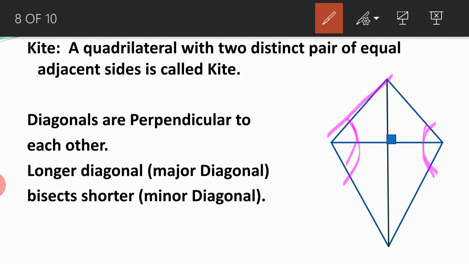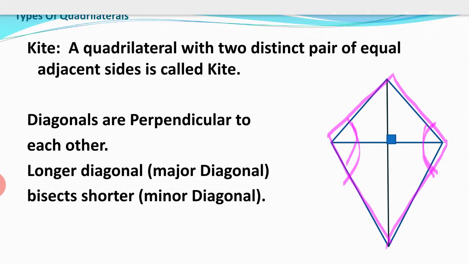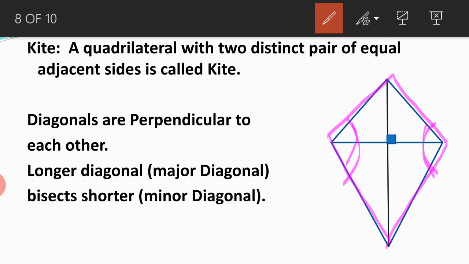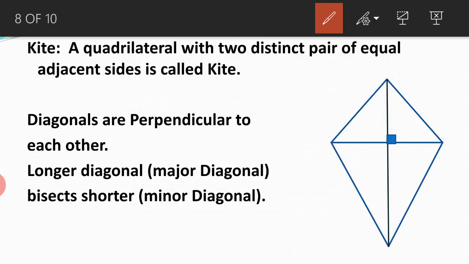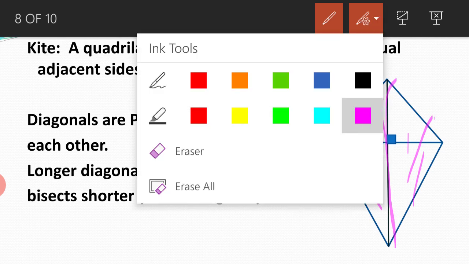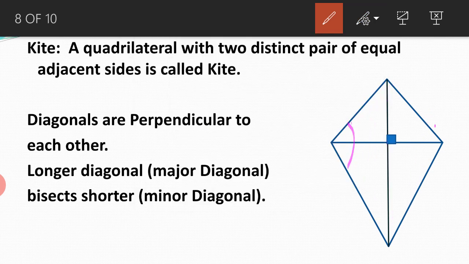That means non-equal sides. Again, this result can be proved very well with congruence of triangles, because we all know that a diagonal divides a quadrilateral into two triangles. So if I talk about this particular diagonal, can you say that these two triangles are congruent by SSS? Just think over it and enjoy that you can prove that these two angles are equal.